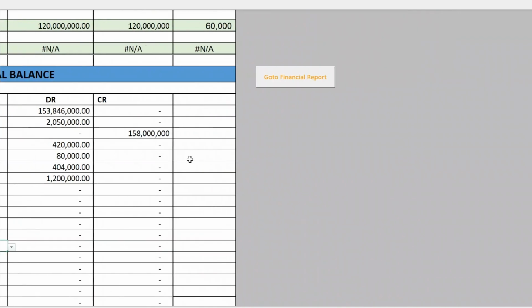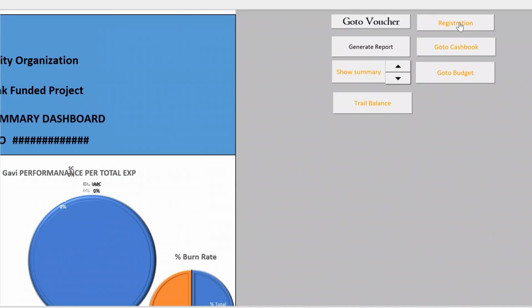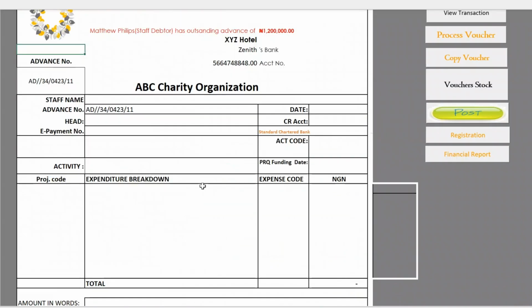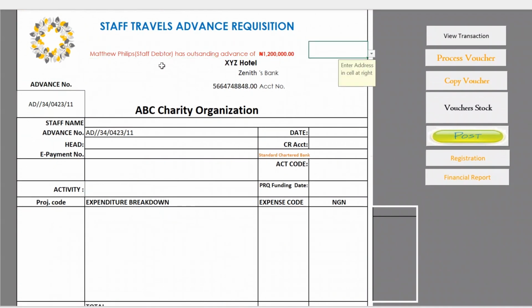Let's now see what happens to Matthew's account, right? Go back to registration, go back to create voucher. Let's bring in Mr. Matthew, right? He's the one still here. You see that they are now telling us that Matthew Philip has an outstanding balance of this